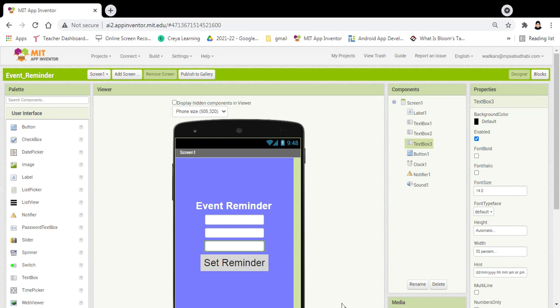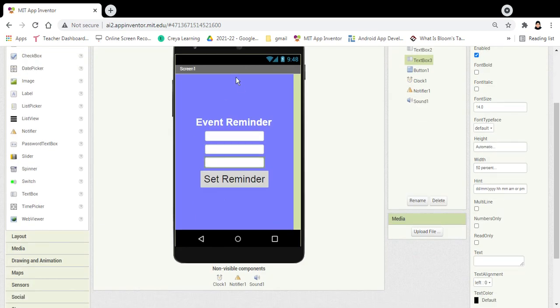Okay, so hi everyone. We had completed the design for the event reminder. We created three text boxes, one for the title, one for the description, and one for the date and time. As well, we have kept a button so that when the user enters all these details, they will click on the set reminder, and then the message and the timings will be stored, and it will show a notification as well as give some sound